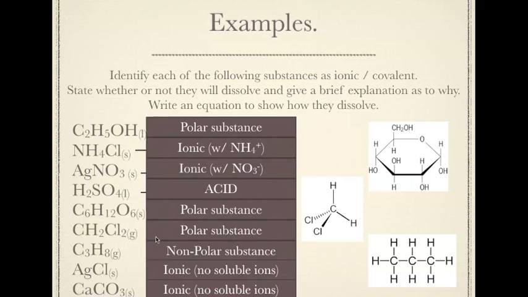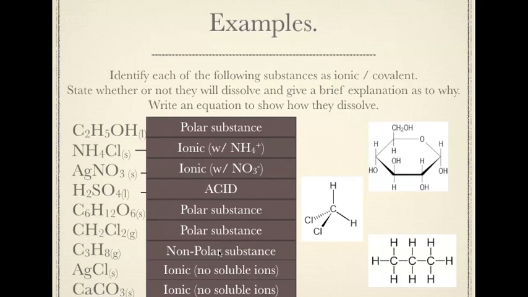So it will probably dissolve as well because it's a polar substance. Our last three things here are the things that are not soluble. We've got one covalent compound that's not soluble and two ionic compounds that aren't soluble. The first one here is our covalent, which is our propane, so